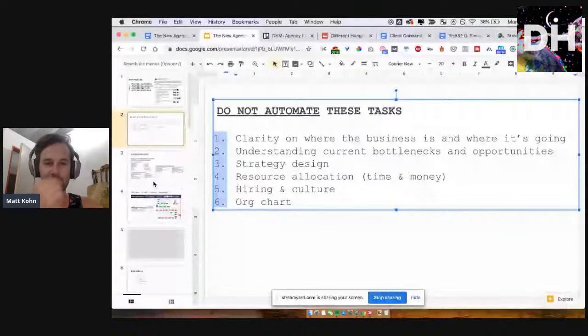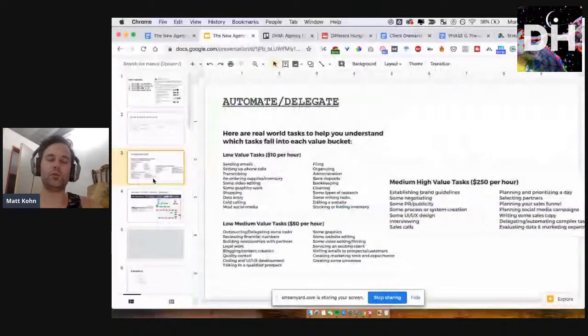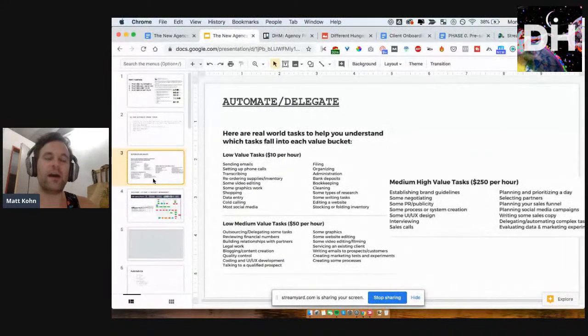All right. So next is, what do we want to automate or delegate? Okay. So this is a concept that we share with our clients for our agency, as well as our consulting courses, membership, all that good stuff. And this was one of the most valuable materials that they have said that they've been through while working with us. And that is to assign dollar per hour values for all of the tasks that you perform on